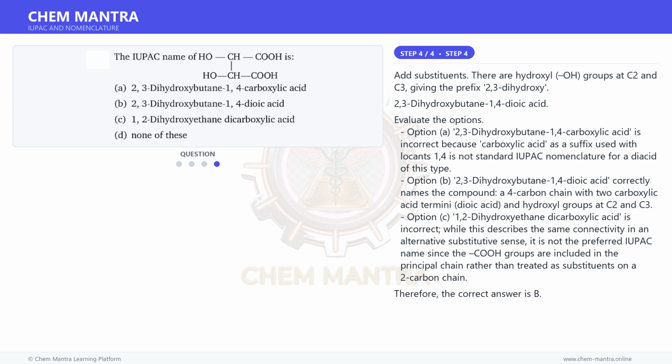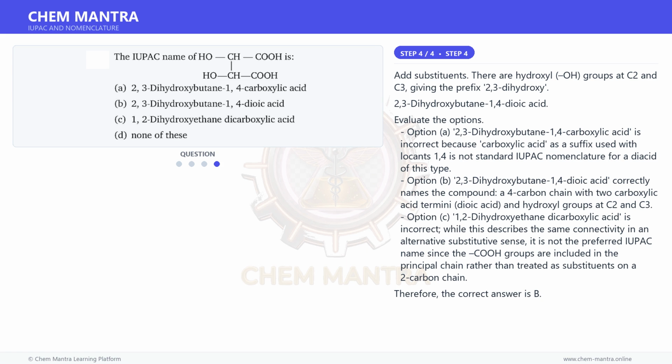Option A, 2,3-dihydroxybutane-1,4-carboxylic acid is incorrect because carboxylic acid as a suffix used with locants 1, 4 is not standard IUPAC nomenclature for a diacid of this type. Option B, 2,3-dihydroxybutane-1,4-dioic acid correctly names the compound, a 4-carbon chain with 2 carboxylic acid termini, dioic acid, and hydroxyl groups